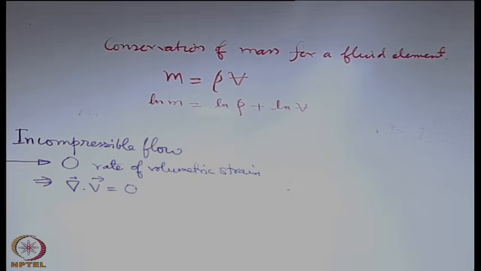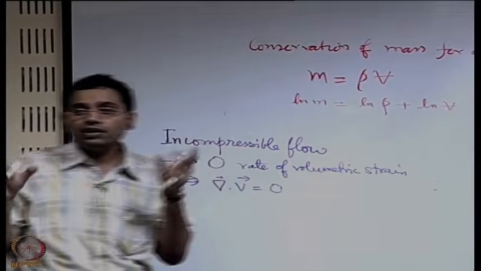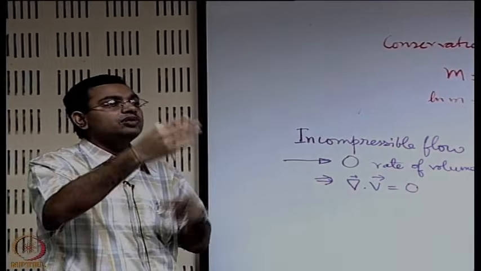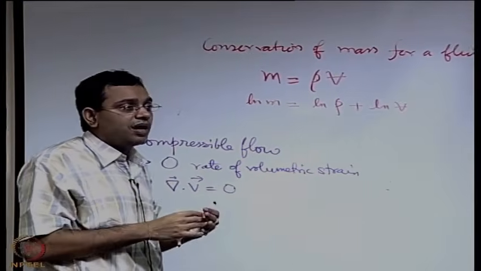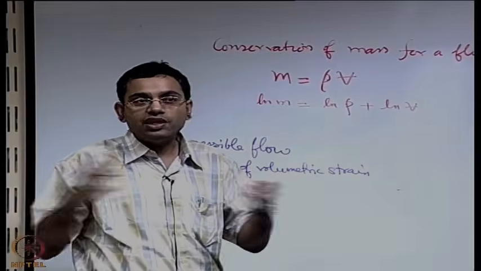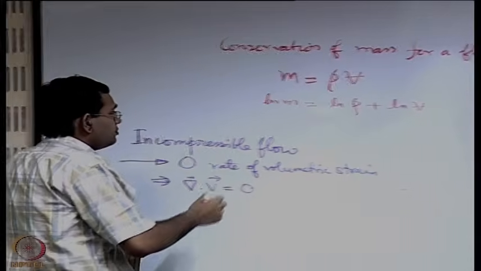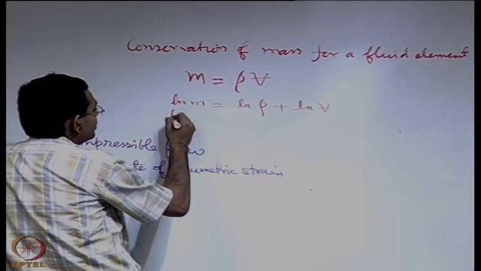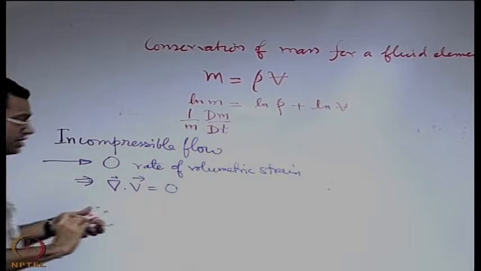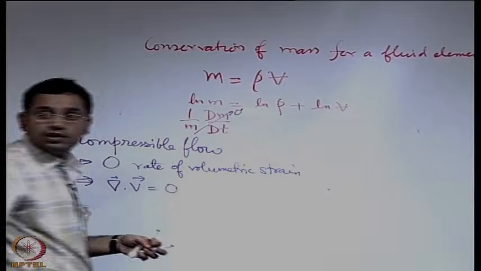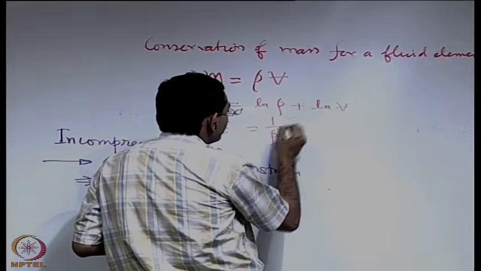with respect to time. When we say we want to differentiate with respect to time, it has to be a total derivative. Because it is a fluid element, it may have change with respect to change in position, time, whatever; we are bothered about the total effect, because the conservation of mass is not for individual effects, it is a combination of total effects that gives rise to the mass of a fluid element being conserved. So when we differentiate it with respect to time, keeping that in mind, we have the left hand side like this, which again becomes 0 because the mass of the fluid element is conserved. The right hand side, 1 by rho